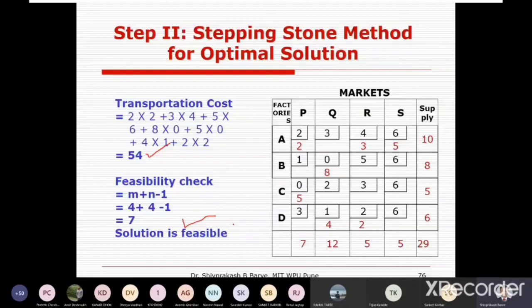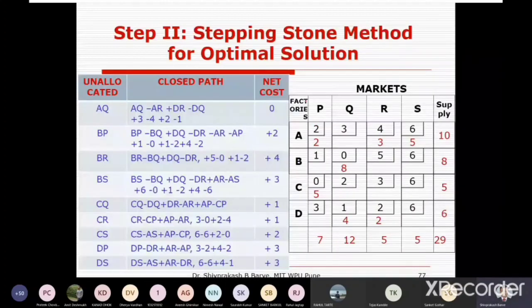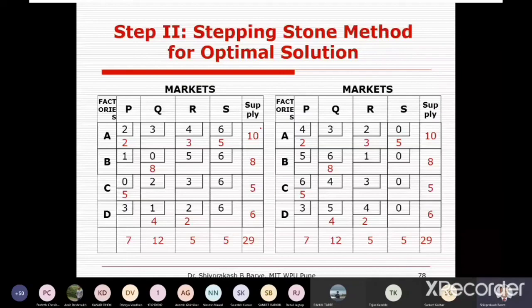For the same solution, again I have found all the net cost values for this one more change. I have shifted units from DS to DR, and because of this shifting, I have to check whether I am getting all the values either positive or 0. And here I got all values either positive or 0, and it gives an indication that this is the final solution and I have to stop. Already I have calculated the value for this solution, and this is the result table.